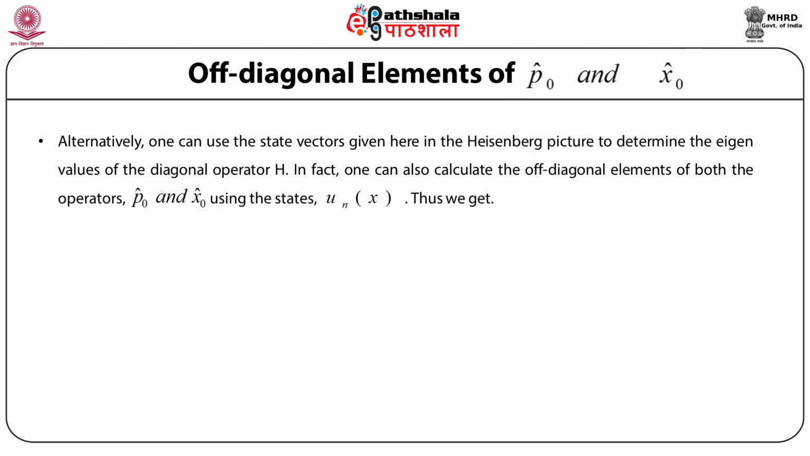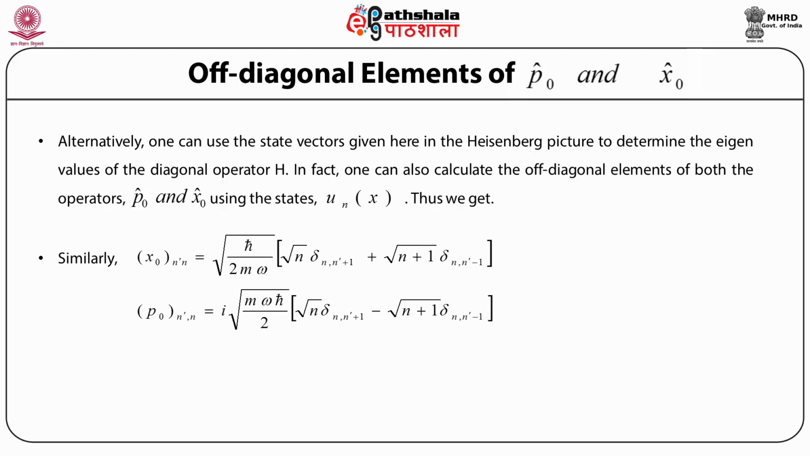Thus, for the off-diagonal elements of the position operator X0, we can obtain X0 n'n equal to the square root of ħ by 2mω, times the bracket: square root of n times δ_{n', n+1} plus square root of n+1 times δ_{n', n-1}, bracket closed. Similarly, we can also define the off-diagonal elements of the momentum operator P0 as P0 n'n